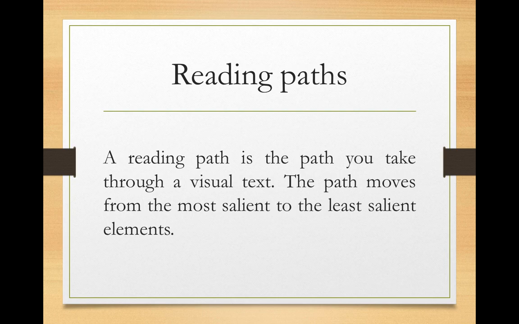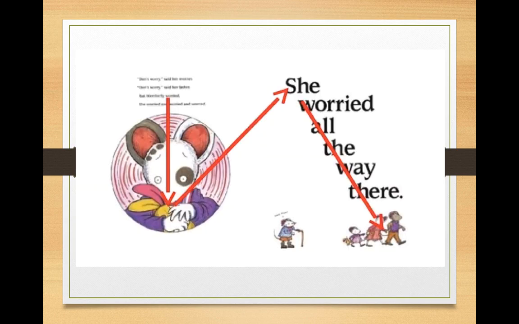The next technique is called a reading path. So a reading path is the path you take through a visual text. The path moves from the most salient to the least salient elements. So the most salient, remember, means the main part of the image, the part of the image that grabs your attention immediately when you first see the image, to the least salient element. So if you look at this, you see that the big mouse on the left-hand side in the circle is the most salient part of this image